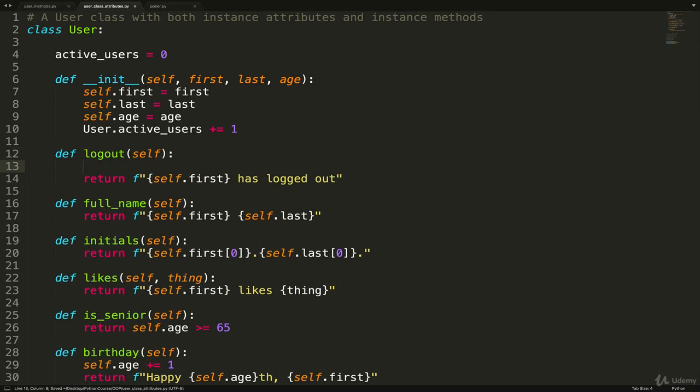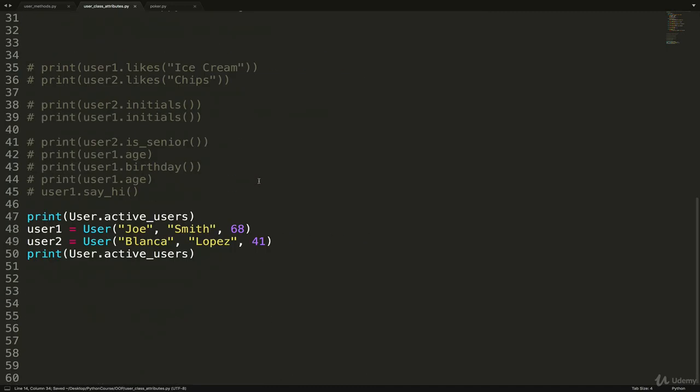But before that, we're going to decrement user.active_users. Okay, so when logout is called on an individual instance of user, we're going to refer to the class variable active users and subtract 1 from it. Remember, there's only one copy of this at any given time. We could have 1,000 different users. There's only one user.active_users. They're all referring to it when we write user.active_users. And then I'm going to return self.first has logged out.